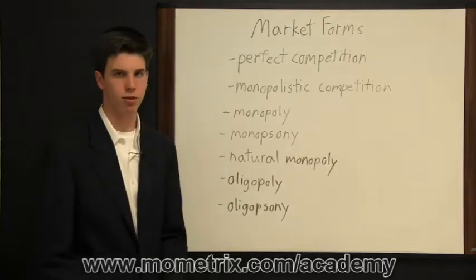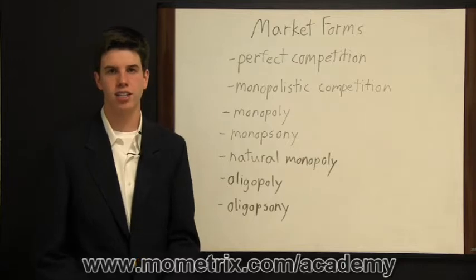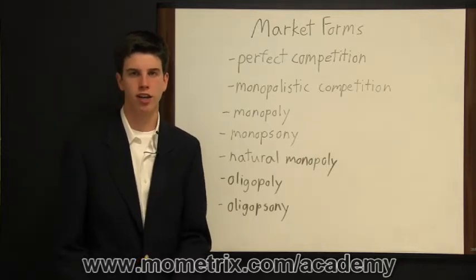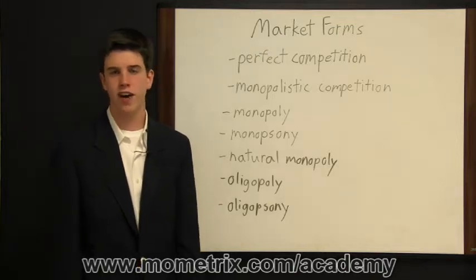Monopolistic competition is similar to perfect competition. It's when you have many producers of a product, but each company only has a small market share of the products on the market. So there could be many companies producing widgets, but company A only produces 5% of the